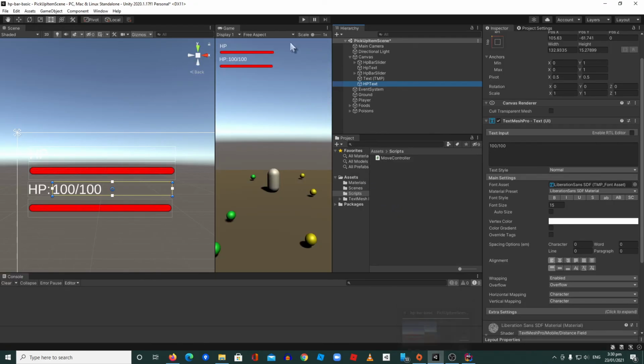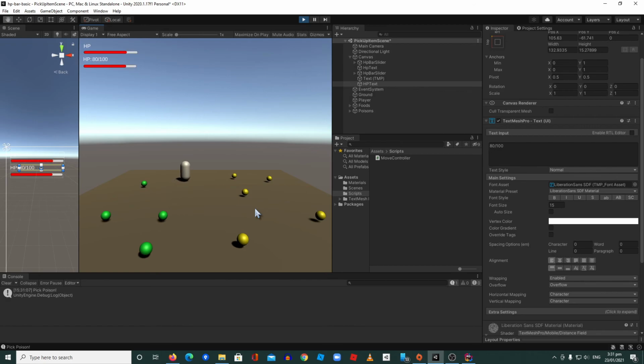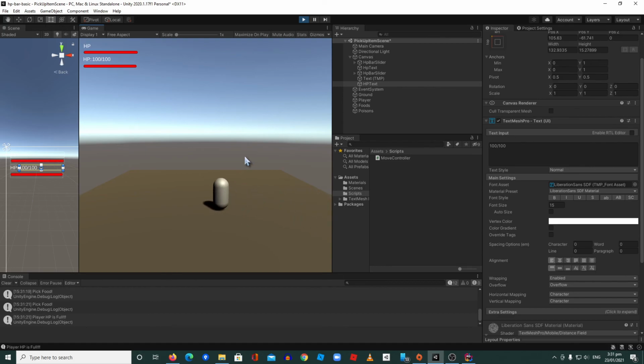Let's go back to our Unity scene and let's play that and see what happens. So I'm going to pick the green thing. So you'll see that the value becomes 80 over 100, 60 over 100, 40 over 100, 20 over 100, and 0 over 100. So I'm going to pick the food, which is the yellow sphere: 40, 60, 80, 100. So yeah,